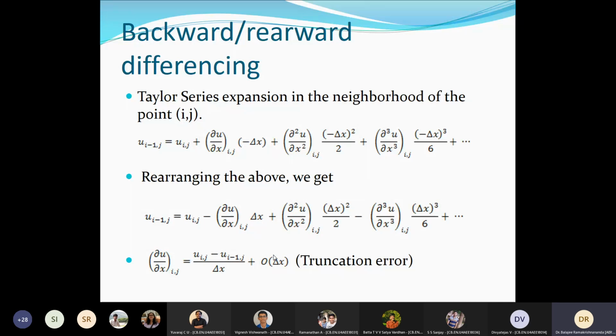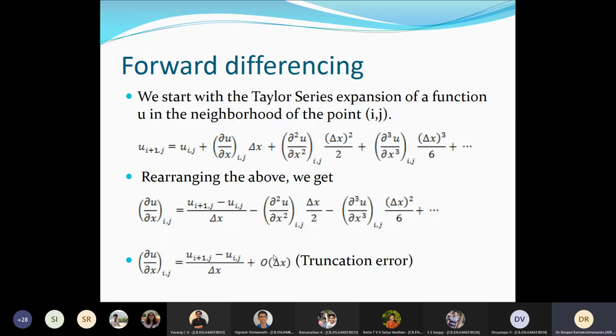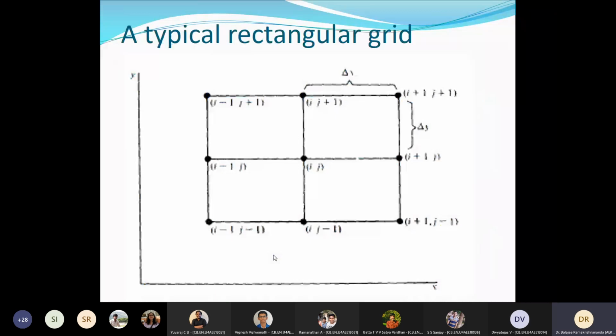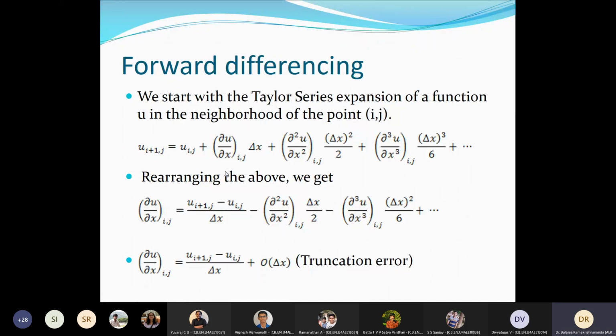Anyway, if I finish this, I'll simply say that substitute minus delta x here instead of delta x, and instead of u at i+1, j, you compute it at i-1, j. Here i-1 is what? u at x at i, j minus delta x will give you x at i-1, j. So instead of delta x for the forward, if you substitute minus delta x,